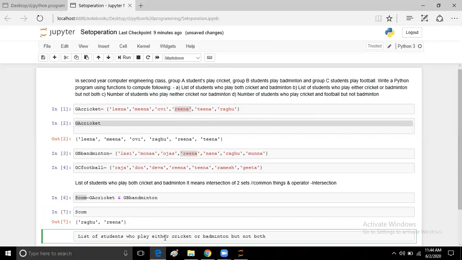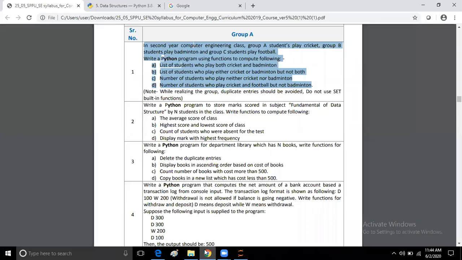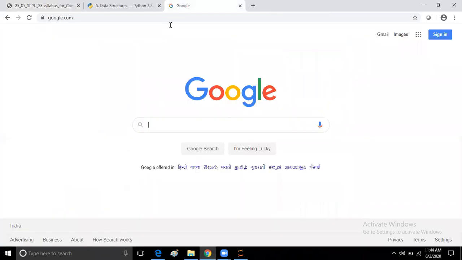If you observe, the list of students who play either cricket or badminton but not both means we are in the scenario of either or, but not both.